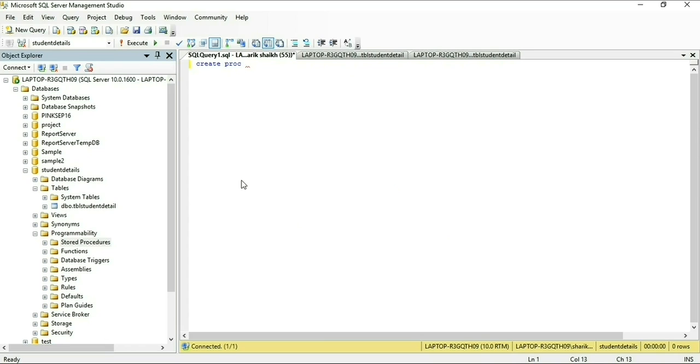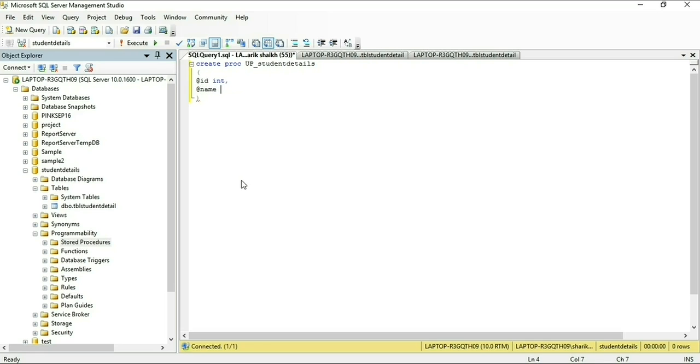CREATE PROC means procedure, and I am giving a procedure name, UP underscore student details. UP is a short form of update. Now we have to give parameters. Our parameter is ID, which data type is integer.